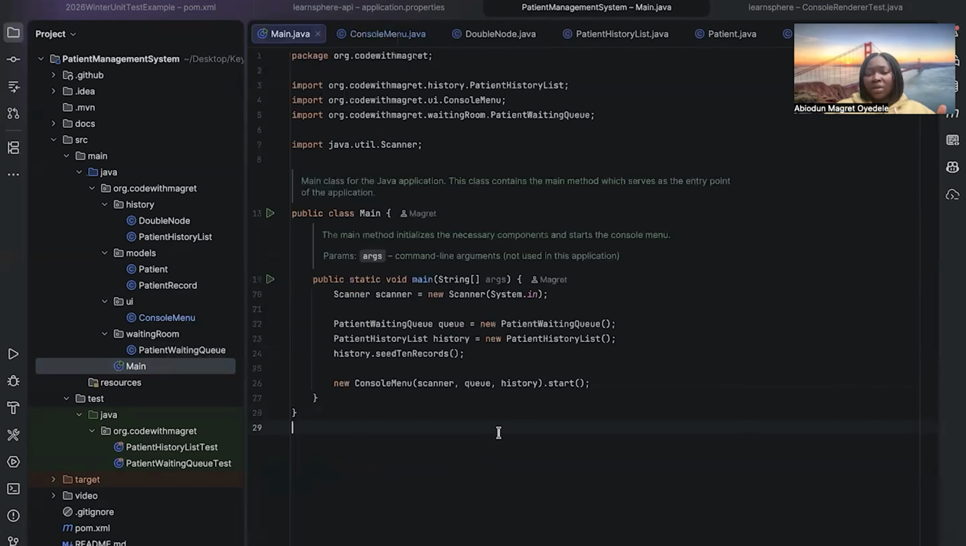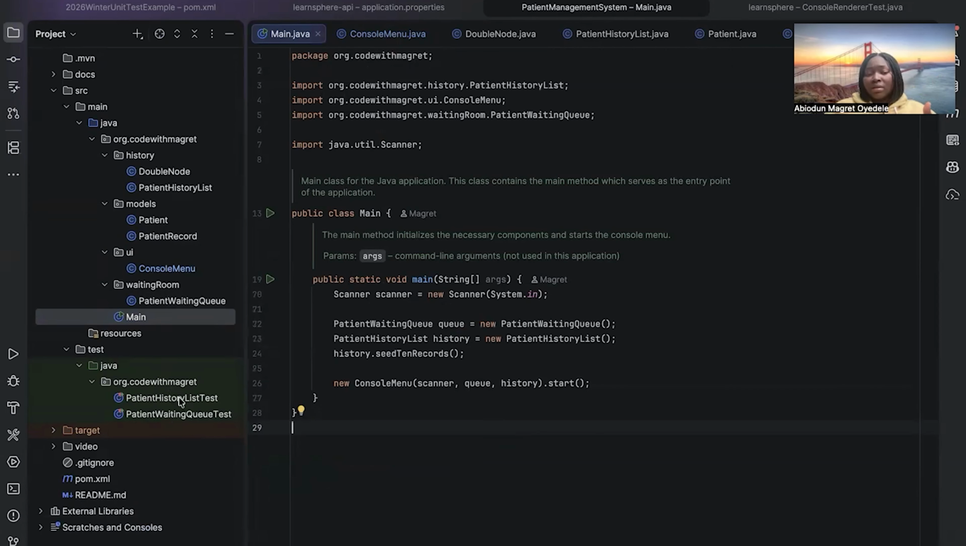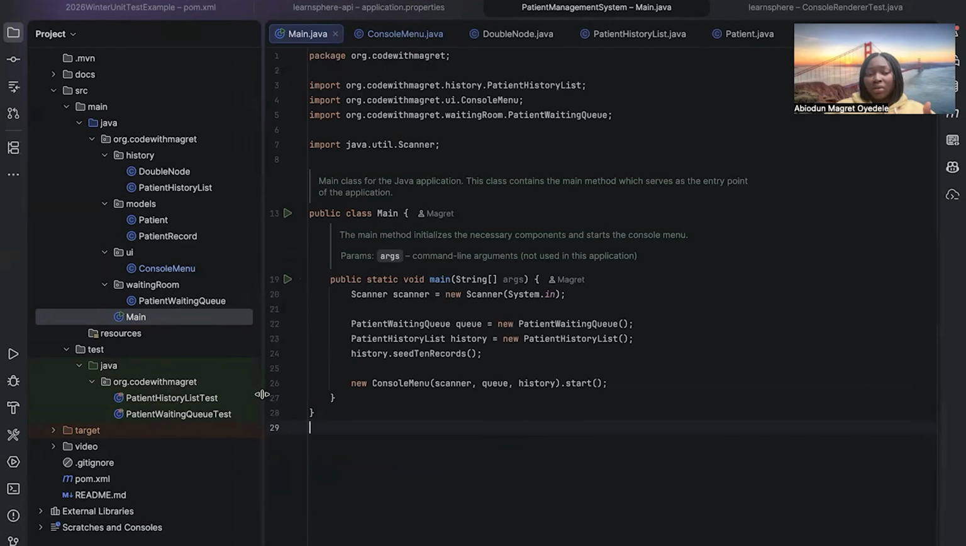Then the main method, this is the entry point of the interaction in the console. Then I also have tests, two different test methods. I tested the patient history list and as well the patient waiting queue. So now